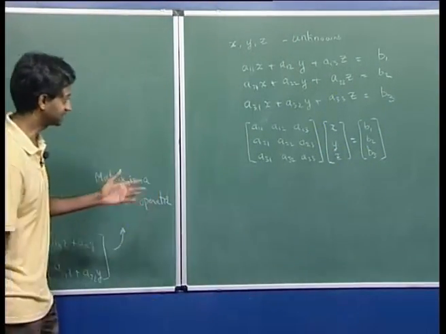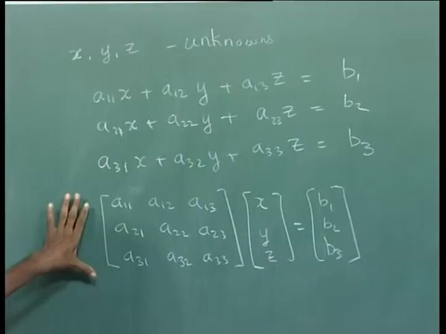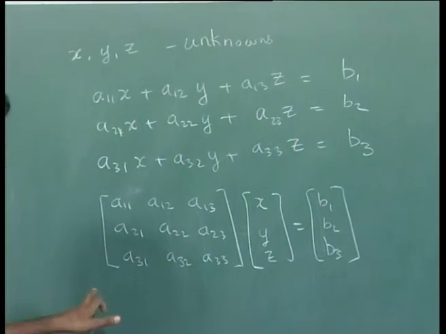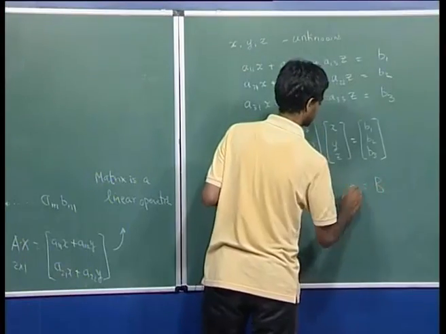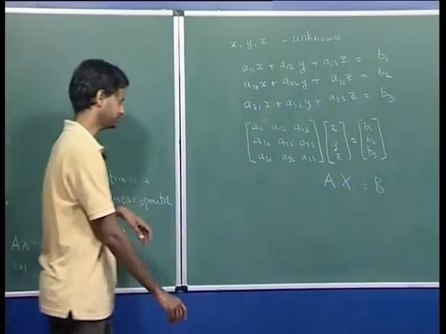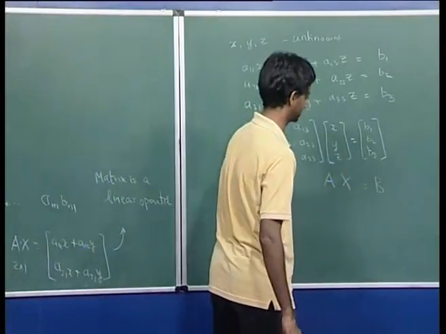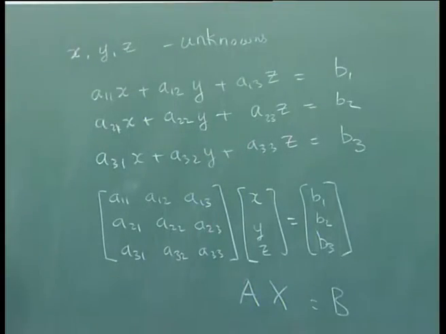So here lies the utility of matrices. A system of equations, I can write in a simple form. If I call this B vector, call this x, I can just write A x equal to B. A matrix A multiplying a vector x to give you another vector B. So this whole system of linear equations can be written in a very compact form, and it turns out